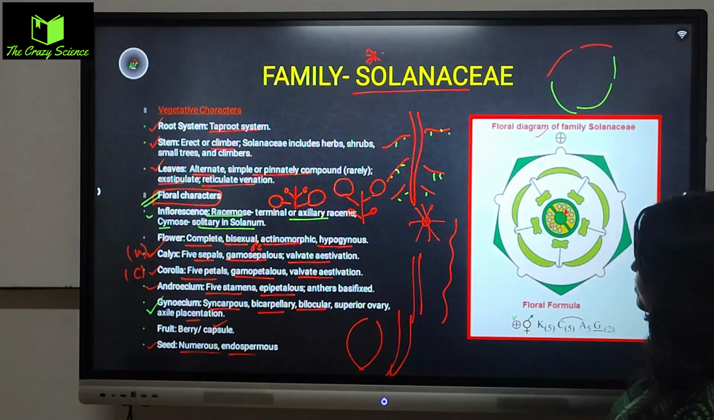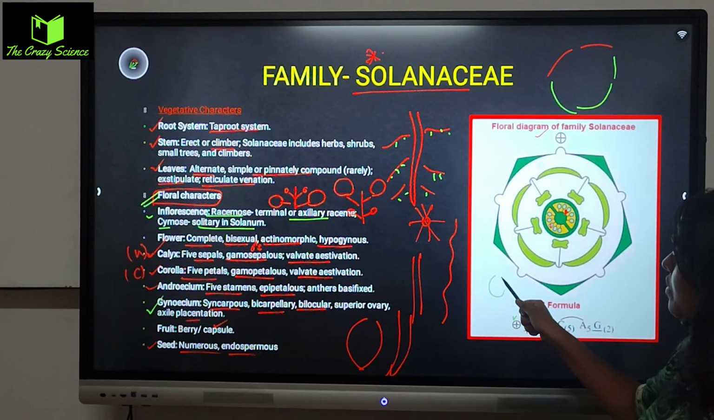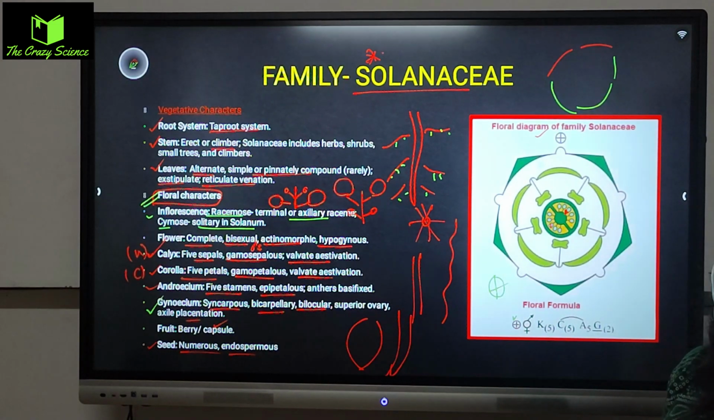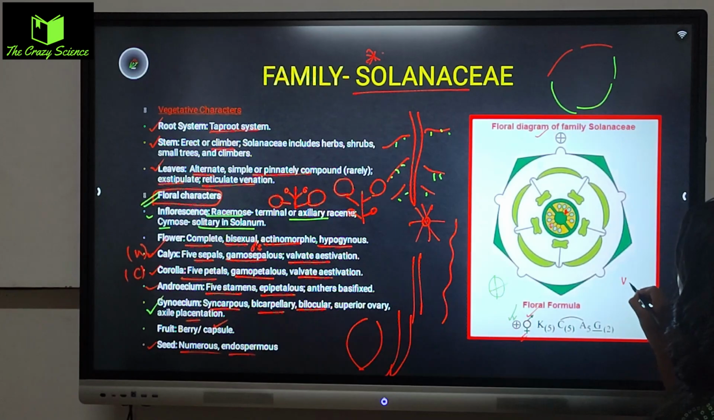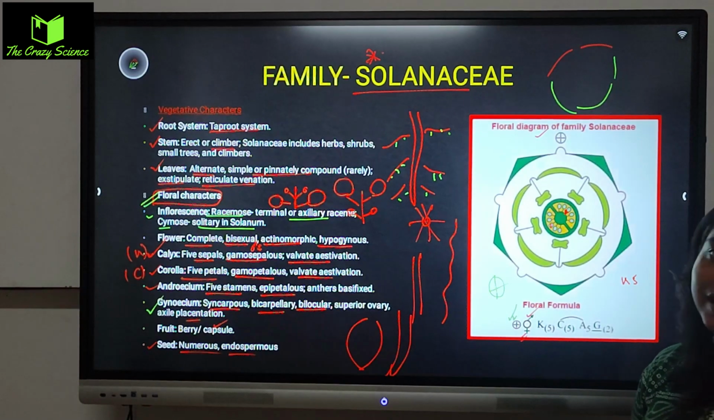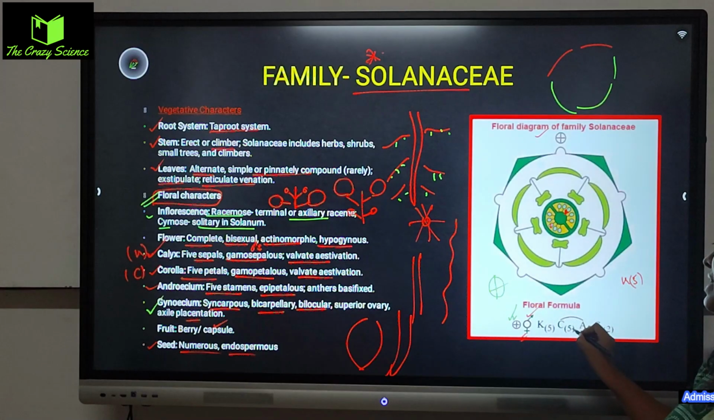This is a sign of the actinomorphic. This is bisexual, actinomorphic, bisexual. Calyx, K means calyx, 5. Calyx is what? United. The calyx stays united like this, and C which is the corolla, it is also 5 united, it is